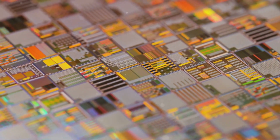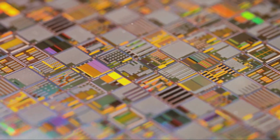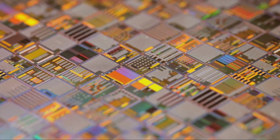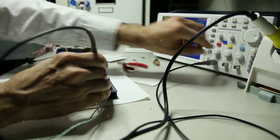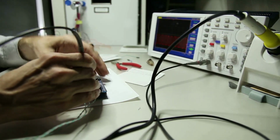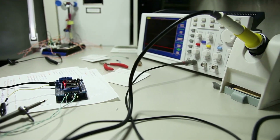This junction becomes a sort of no man's land known as the depletion zone or barrier. It's like a wall at a high school dance, separating the boys, or the free electrons, from the girls, or the holes. Now, this barrier is a game changer because it prevents current flow. Remember, the current in a diode can only flow in one direction, from the anode, P-type material, to the cathode, N-type material. When the voltage isn't applied or is applied in the wrong direction, the barrier holds strong, keeping the